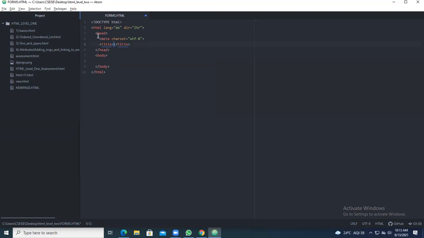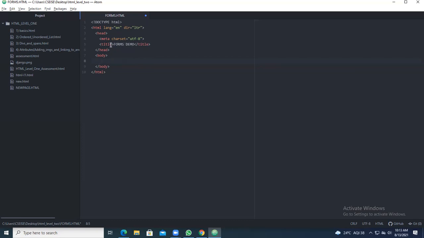First you give the title of the page, so you can take it as forms demo. That comes in the uppermost part of your web page. I will tell you when I go and run this.